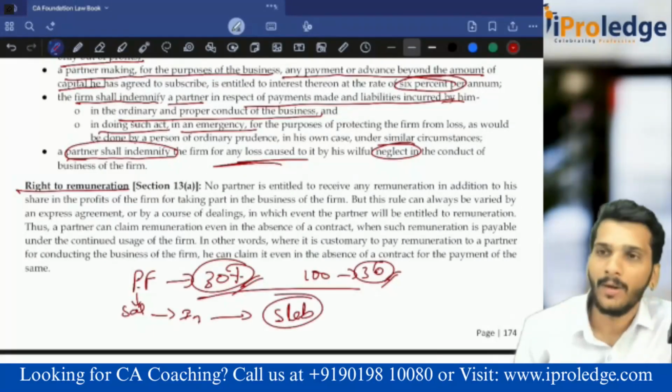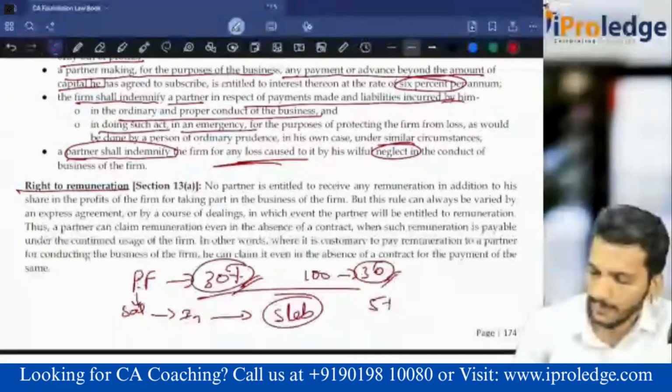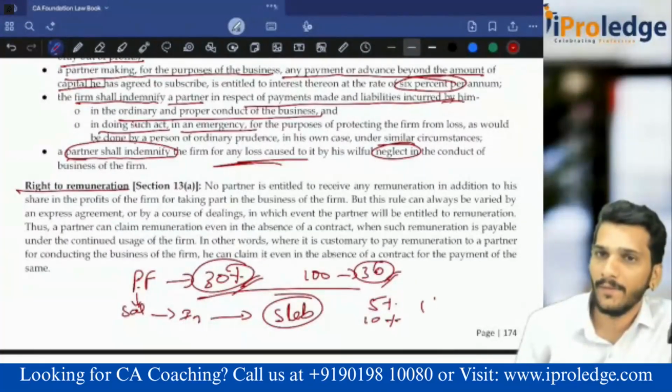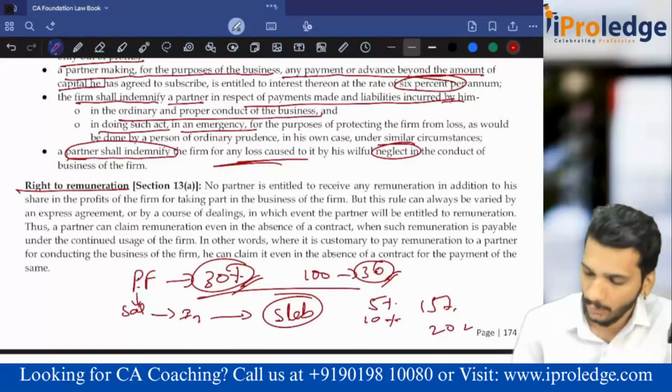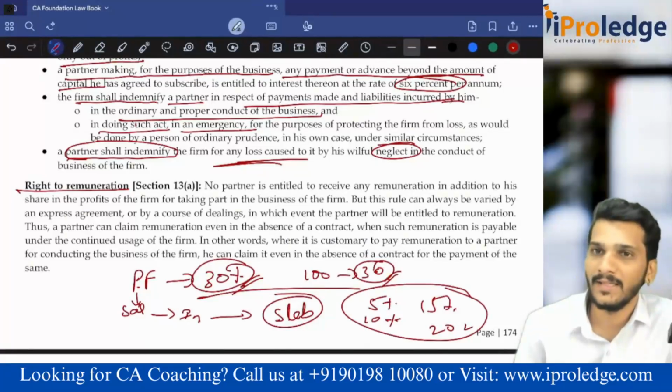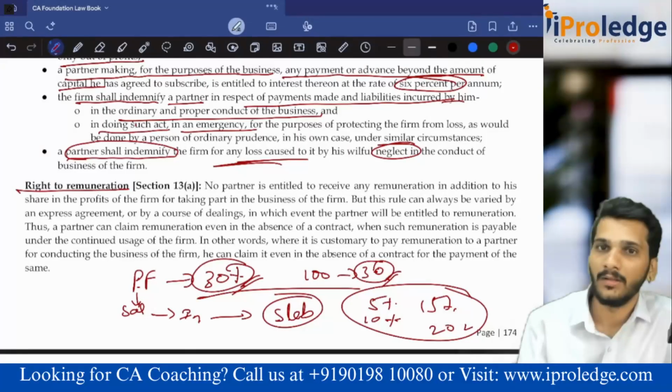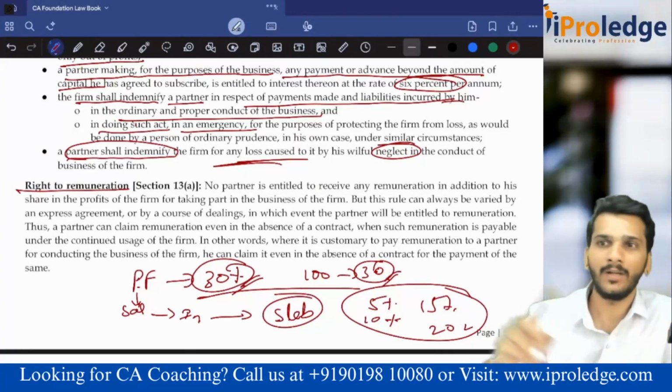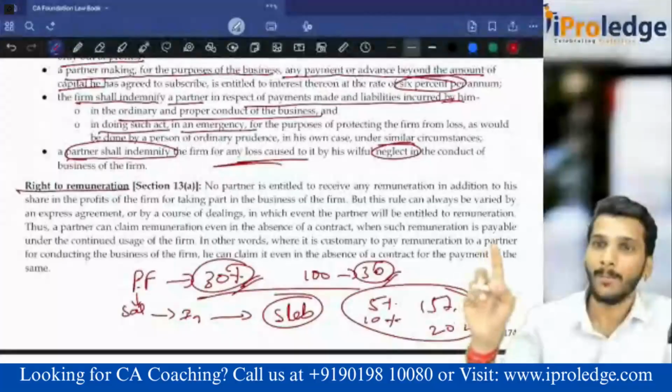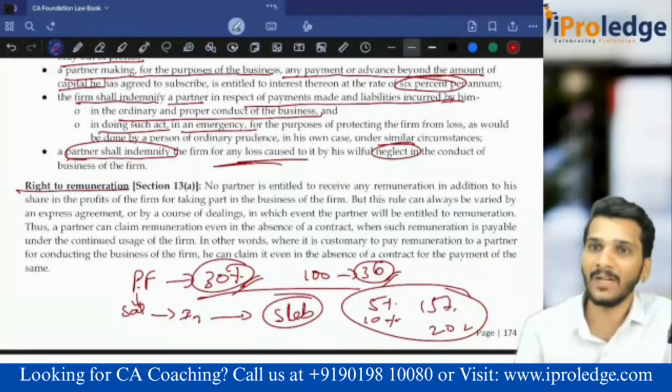Then partners' income is taxable under the slab rate. What is slab rate? First a few income is 5%, then 10%, then 15%, then 20%, then 25%, then 30%, and so on. To save this amount of tax, instead of sharing the profits, because if you want to share the profit, you have to first pay the tax by the partnership firm, then only you are supposed to share the profits.